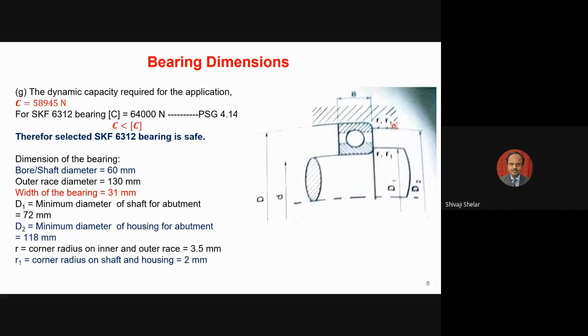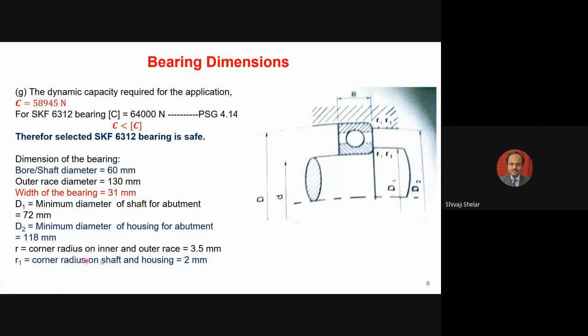So you can keep material to such an extent that you can mount this bearing appropriately and you can lubricate with a space. So there is no problem for lubrication. Abutment is taken care of. So for abutment, this diameter can be 118. That is, the shouldering diameter can be 118 for the housing. This is the housing part.